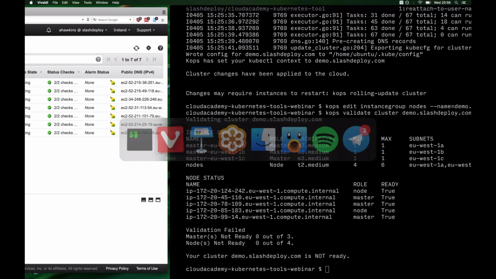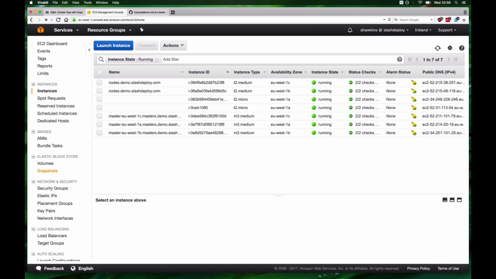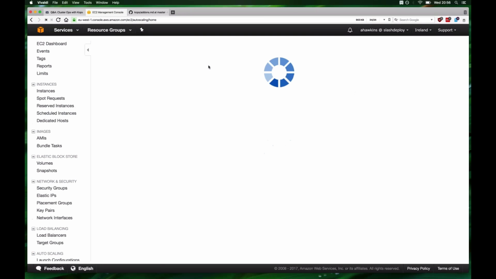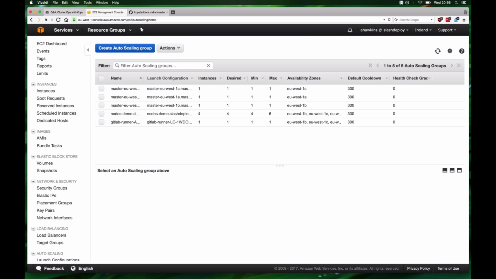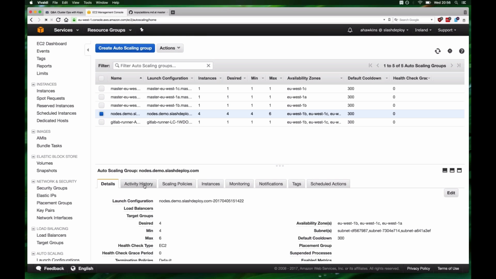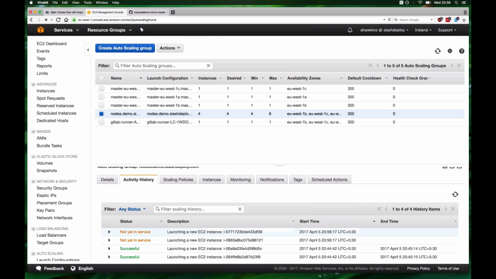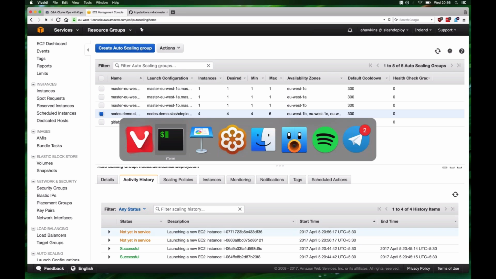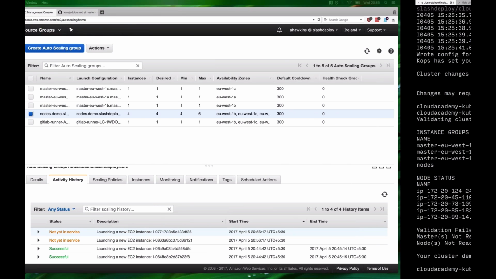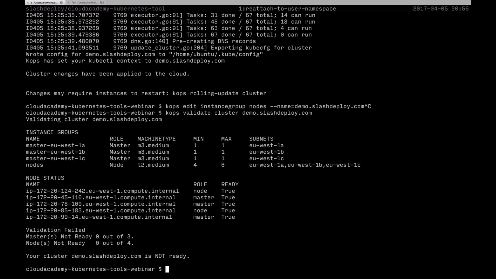If we wanted to, we could cross back to the AWS console, find the auto-scaling group, then look at the history for that particular auto-scaling group. It's right here, activity history. Yeah, not yet in service. So things are happening. So while that's happening, I will do my best to answer this person's question, which is,